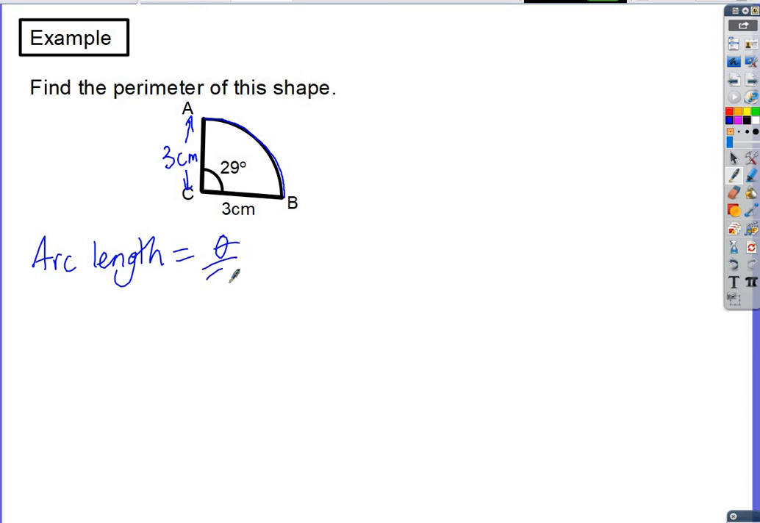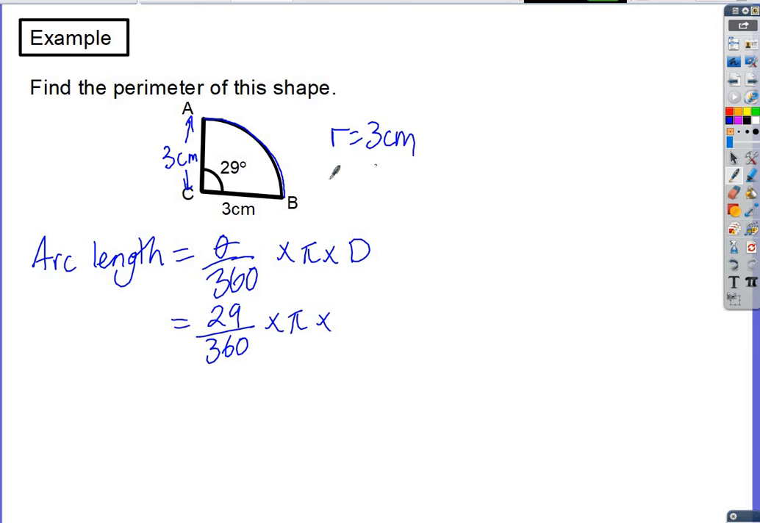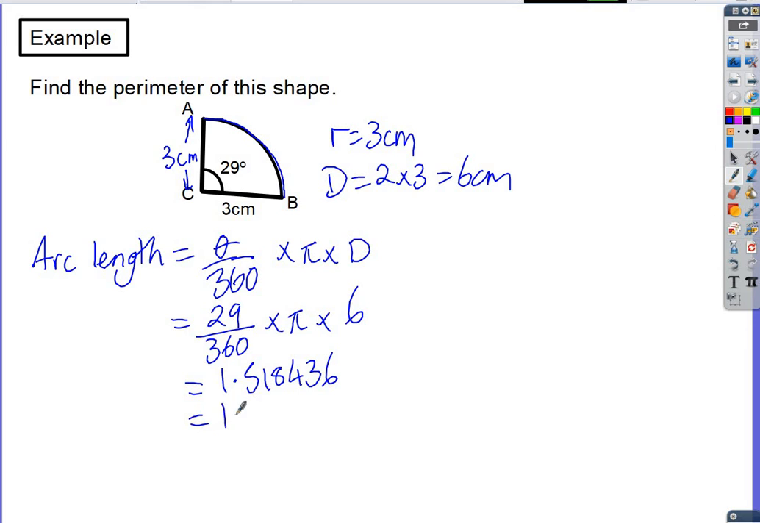So, as always, first of all we write down the formula. So substitute in the values that you have been given. Be careful, they have given you the radius to be 3 centimetres. We need the diameter, which is 2 lots of the radii, which is 6 centimetres. So multiply by 6, type that into your calculator, you get 1.518436. Now I will round this to 2 decimal places now,